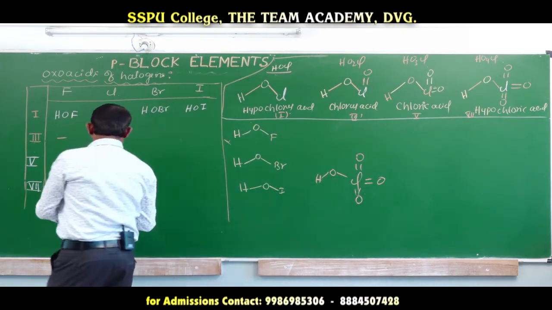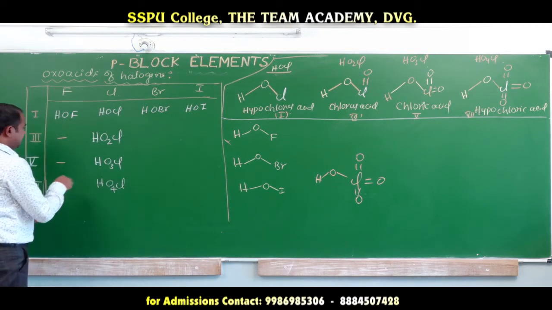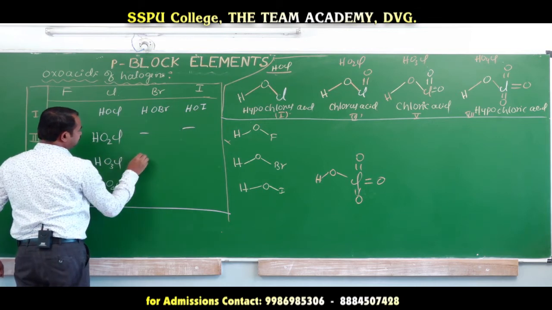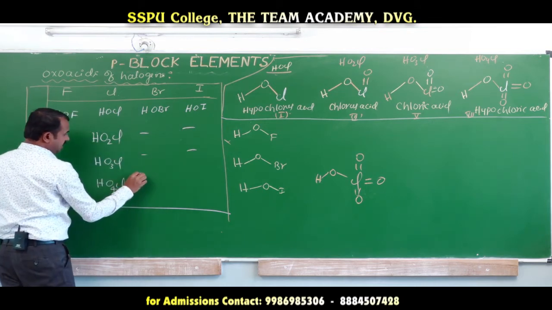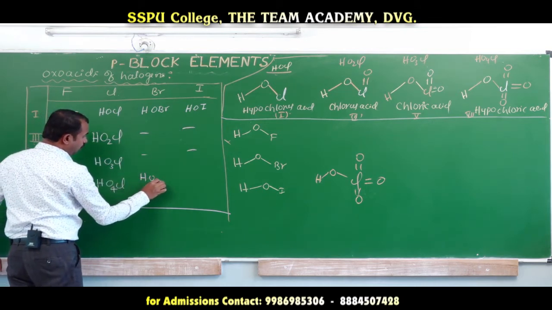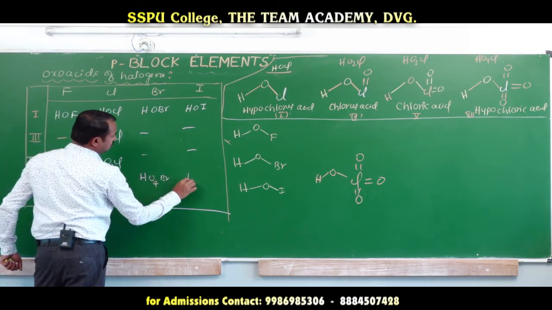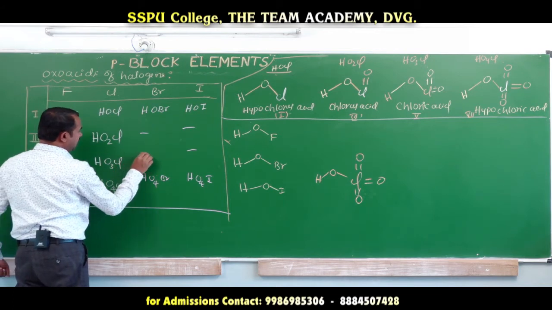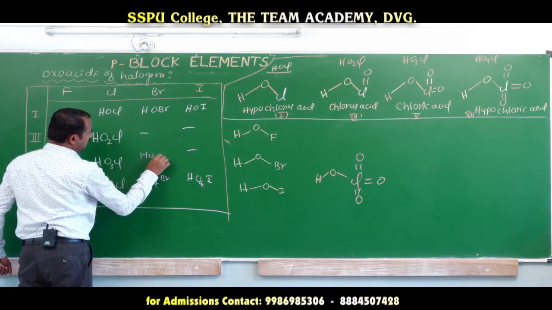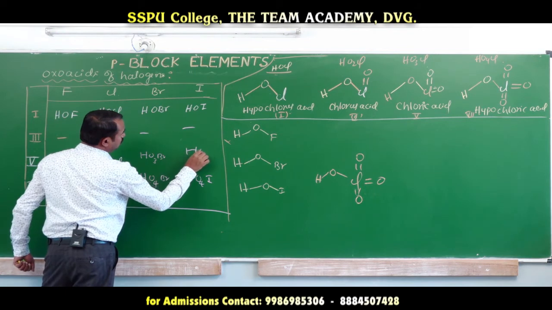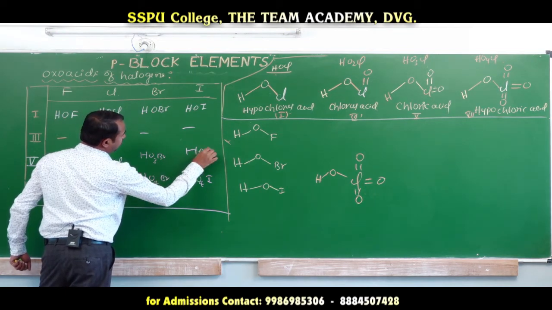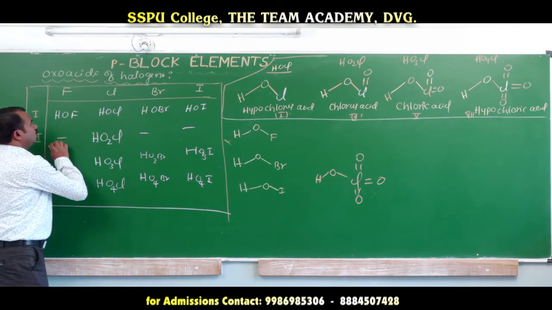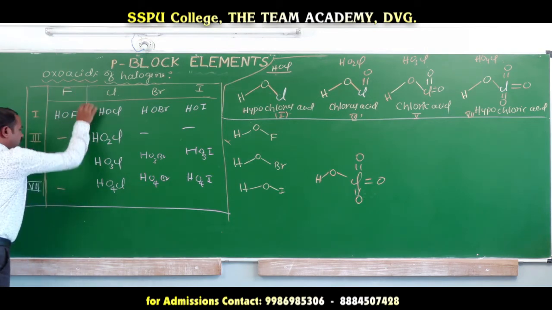Okay. Here also there are so many formulas, but it is a stable formula. I will write here. This is not possible here. HO4Br, here also HO4I, and here also HO3Br and HO3I. Okay, this is the oxidation state. Here is one of the important formulas.